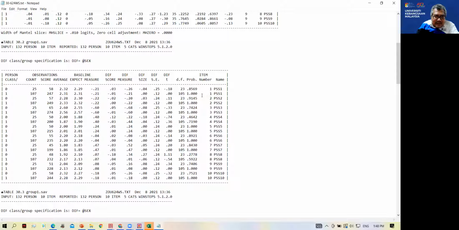Does PSS1 differ between boys and girls? Nope, not different. The t-value is quite small. You can see that the difference is not that much: 2.31, 2.32, 2.28, 2.33, 2.6, 2.56.